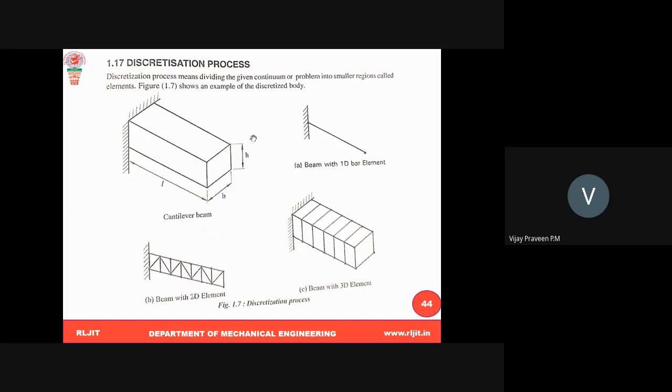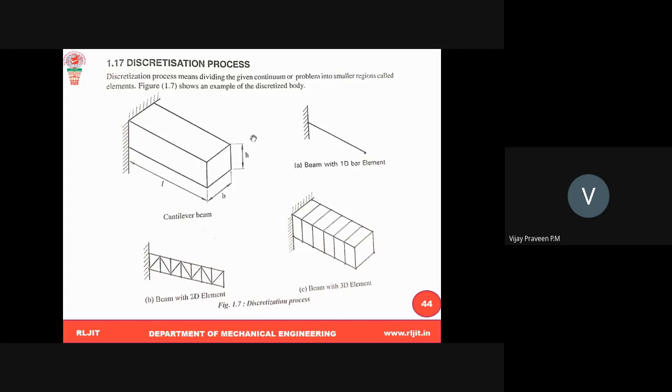Then we have come to one more very important thing from the point of view of the examination. This is also important: the discretization process. As we discussed, the main fundamental principle of FEM is the discretization process, meaning dividing the domain into subdomains. That means converting an infinite number of nodes to a finite number. So your results depend mainly on this discretization process.